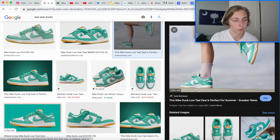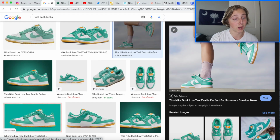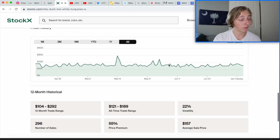want to see them on foot, what are those socks? What are those socks? Okay, I don't know. Those do not go with these. Who styled this person? Why did you do that? Why would you do that? Okay, aside from that, we're just not going to get caught up or distracted by that. That was terrible, though. I'm actually kind of upset by that. That needs some work. Maybe there's something behind that I'm missing, but